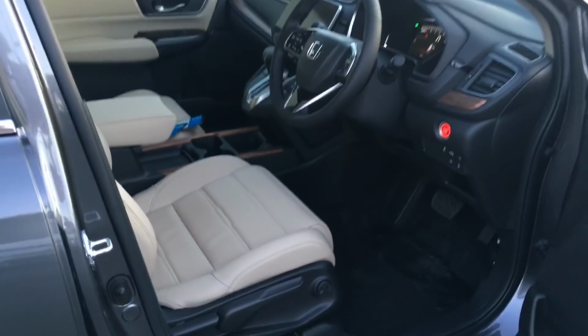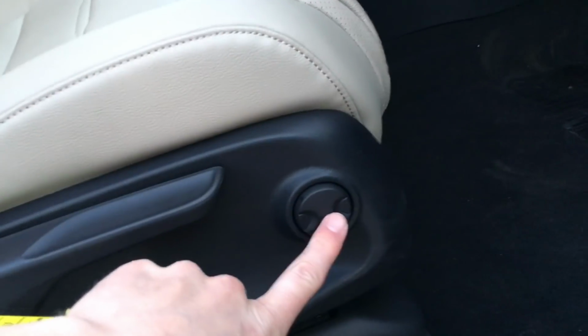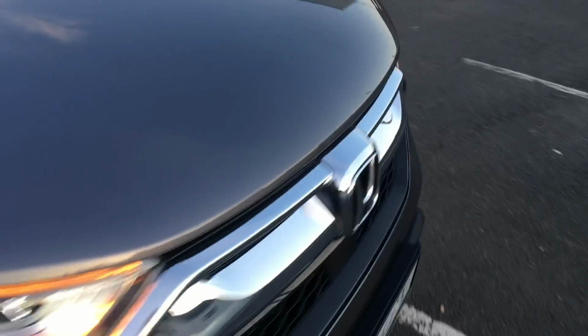So back to the inside. Unfortunately, it's starting to get dark. Just to show you this door card again: beige with veneer, piano black, aluminium in through there. We have lumbar support to harden up the back part of the seat. We have a height adjuster in through here, and it is worth mentioning that we are looking at an Elegance model here,